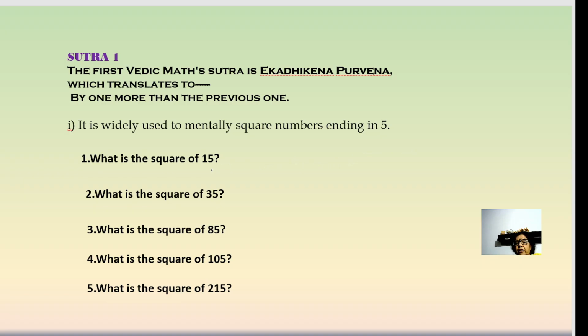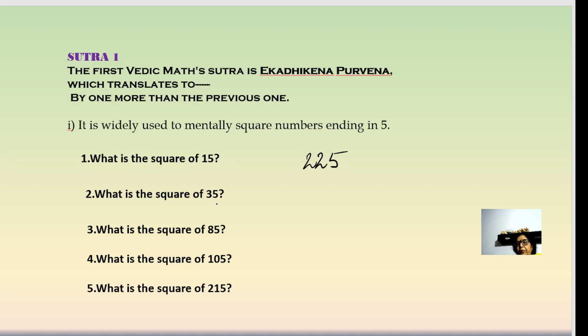So let us start with a very simple number over here, 15. Now square of 15, most of you may know, but how have we applied this? 5 into 5 is 25. We'll just plug in 25. Then 1 is the number before that, and 1 more than 1 is 2. So 1 into 2 is 2. We'll plug in 2 over here. So your answer is 225. The previous numbers you have to consider as one number. Like here there are 2 digits, so we'll take 10 together. We won't break up 10 as 0 and 1. Or 21, we'll take them together.